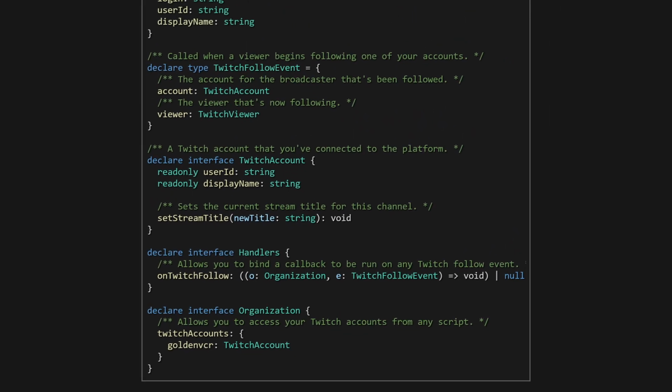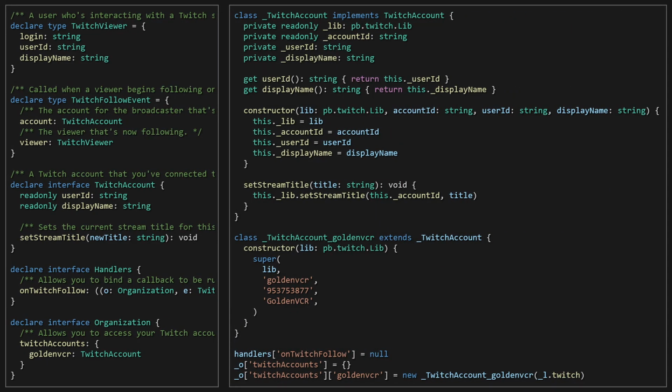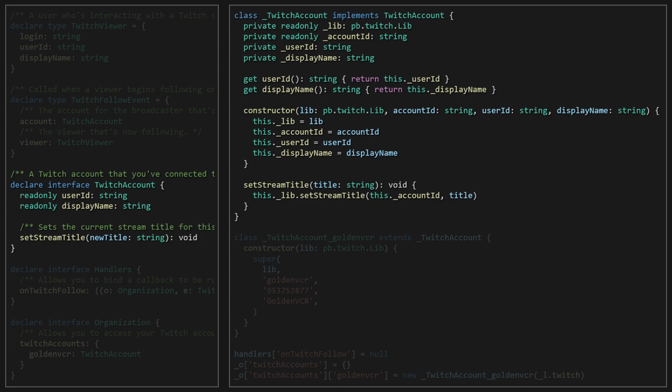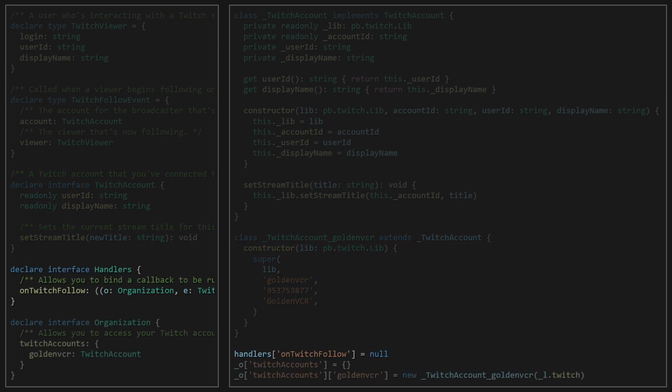This file is the contract that tells the user precisely what they can do in their scripts. It's still up to us to actually fulfill that contract, and we need to start by generating a corresponding implementation file. In this file, we define a class that implements our Twitch account interface. And then for each connected Twitch account, we prepare a subclass that's initialized with all the relevant data. Finally, we establish the global data on these handlers and _o objects that we assume to already exist to match